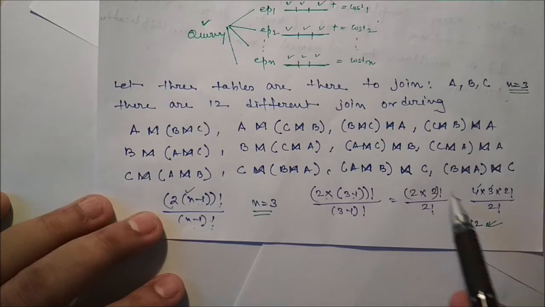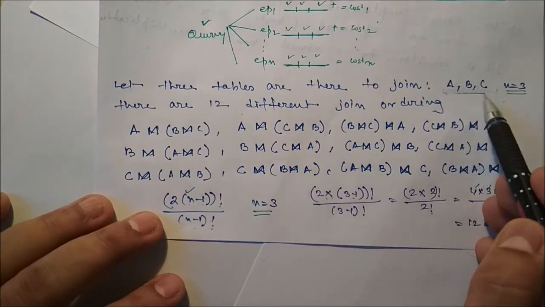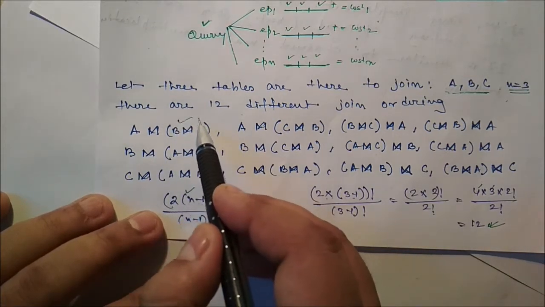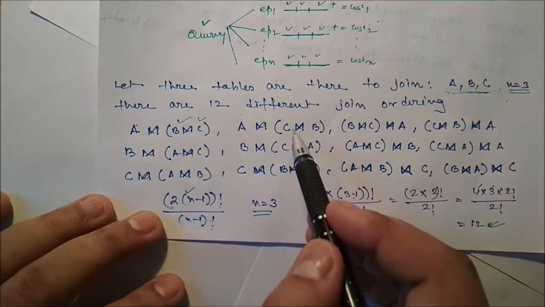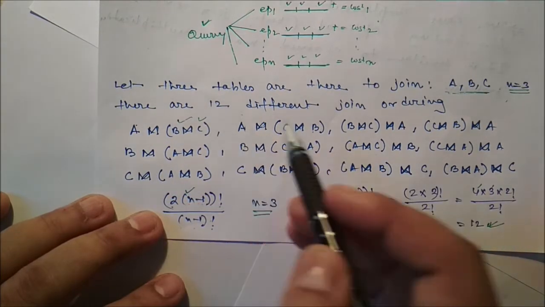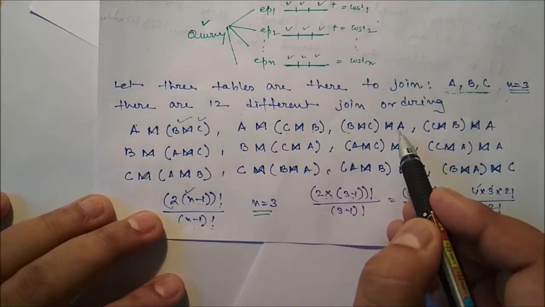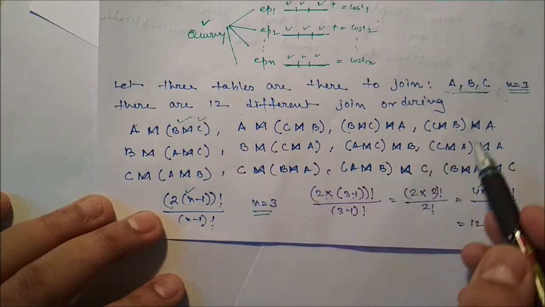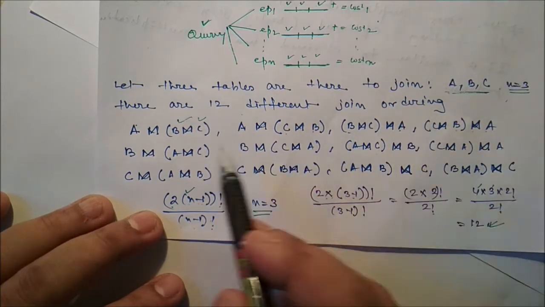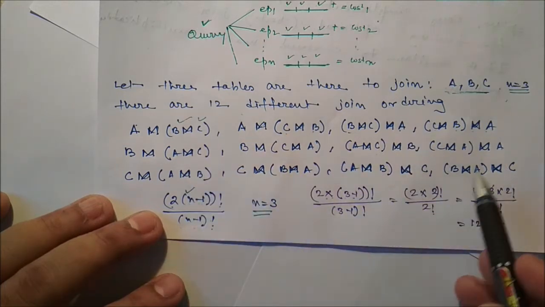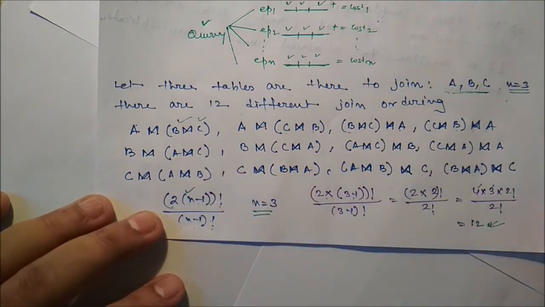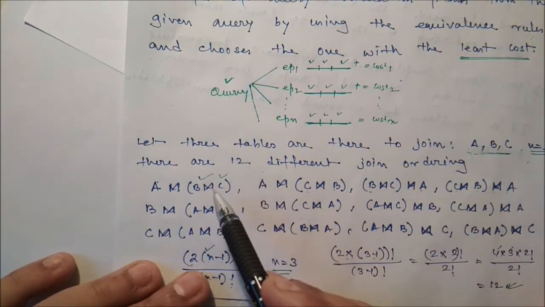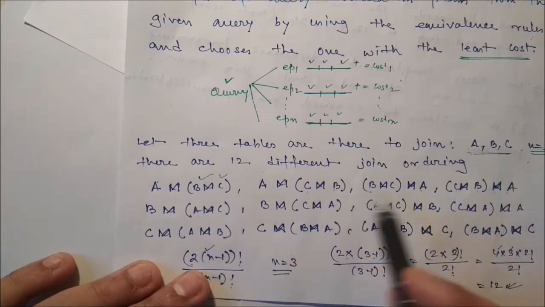So here, for the 3 tables A, B, C, 12 different combinations may be there. So we can say first merge B with C, then the resultant with A, or merge C with B, then the resultant with A. Here first of all apply this particular merge and then the resultant with A. First apply C with B, then A. So various combinations are there. So we can see 1, 2, 3, 4, 5, 6, 7, 8, 9, 10, 11, 12 different combinations are there. And here we have to calculate the cost of each and every operation, and we have to pick up the best one out of these 12.